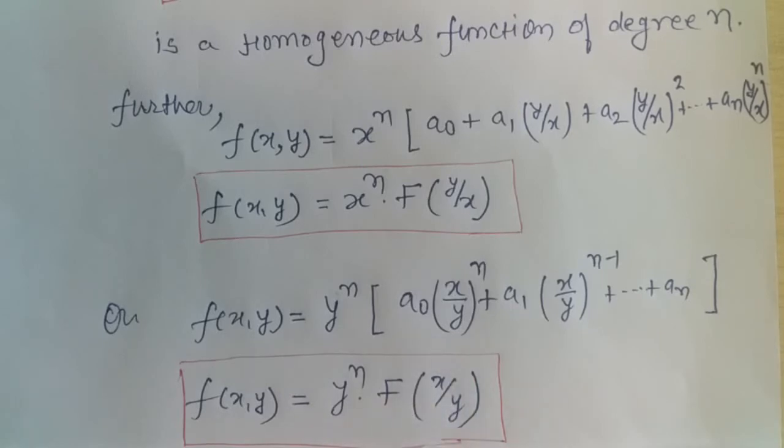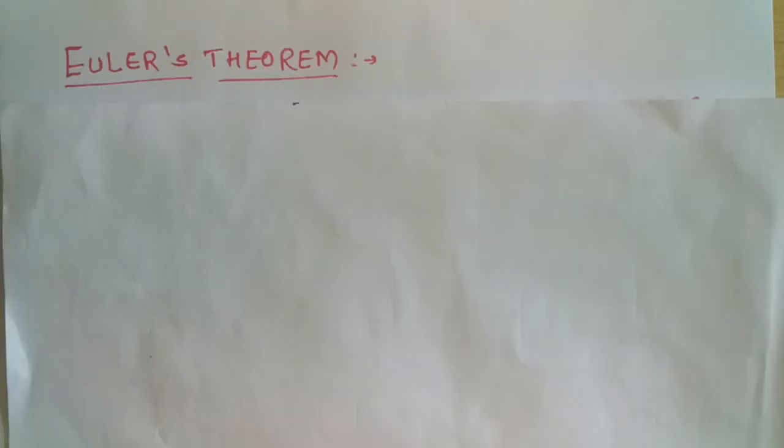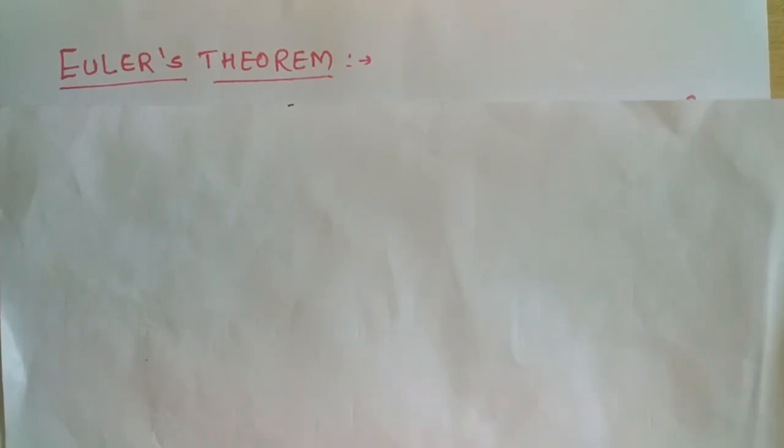So this is the definition of homogeneous function. A function in which the sum of power of x and y in each term is same and equal to n is called homogeneous function of degree n. Now we discuss Euler Theorem, which states that